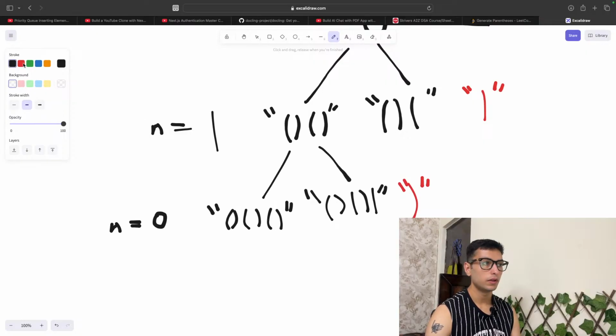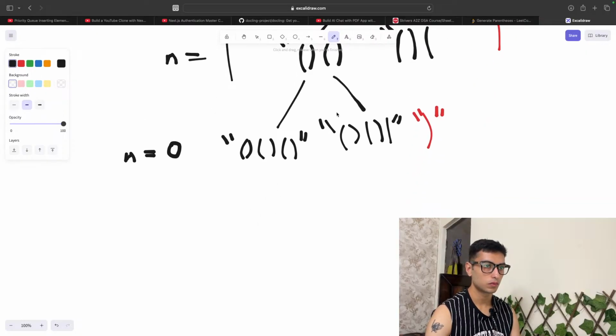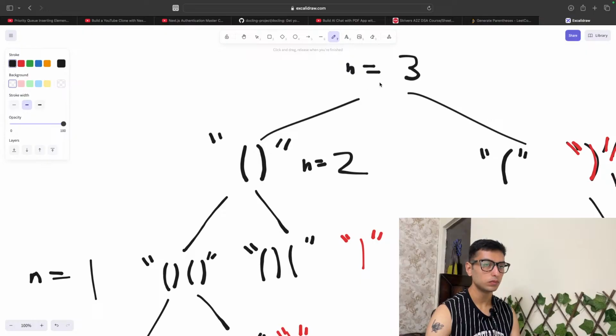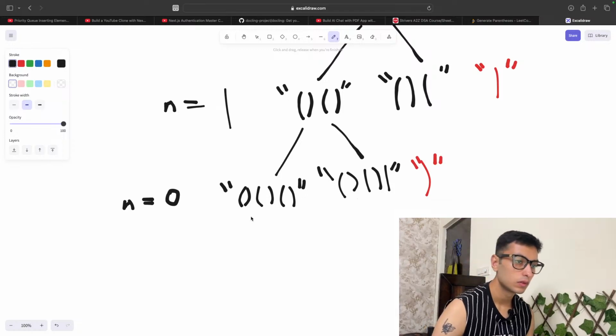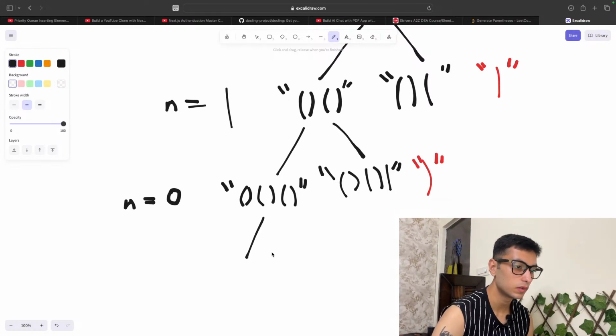So when we call n equal to 0, we call it with 3, and then it does this. So 2, it does this, and then we call it with 1, it does this. When we call it with 3, it does, well,